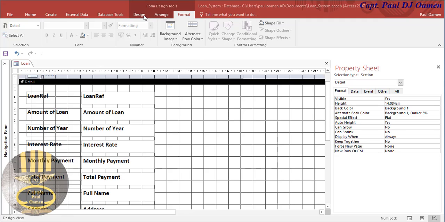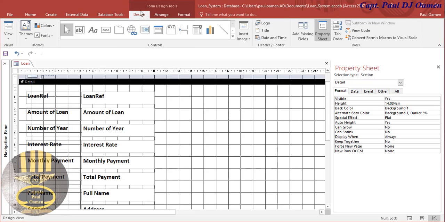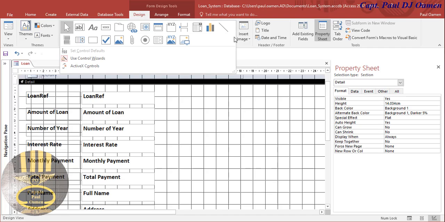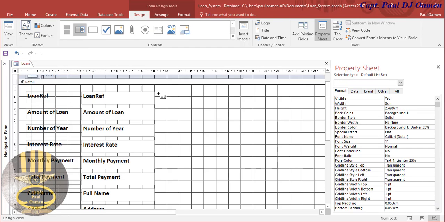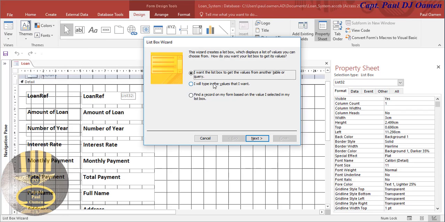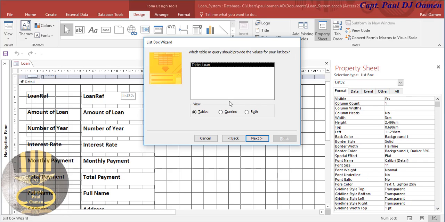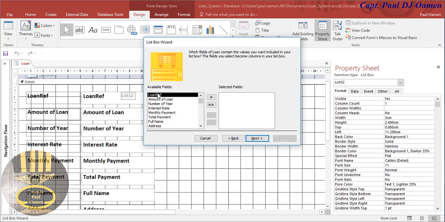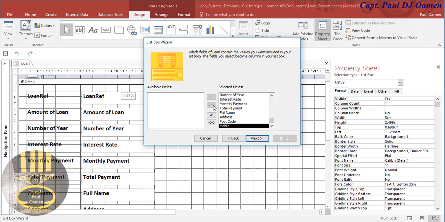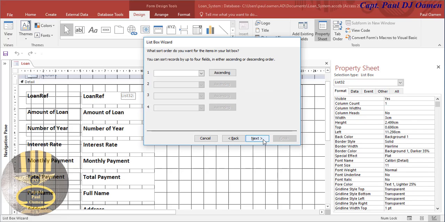So let's go to design. In design, that's where you guys will get all of the components that you need. So let's drop this down and let's select, I think, yeah, that's a list box. Click on it and just drag it that much. Okay, now I want the list box to get the value from another table. Click on next, and that is the table. Click on next, and I want every single one of these data, so click on that and click on next,